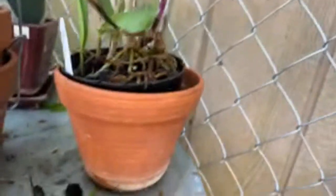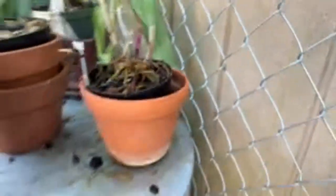Back behind there is a cross. I think that's Mark Jones times Chocolate Drop. Yeah, that's what that is, and it's giving me a new growth there. And I'm trying not to knock this off, which is